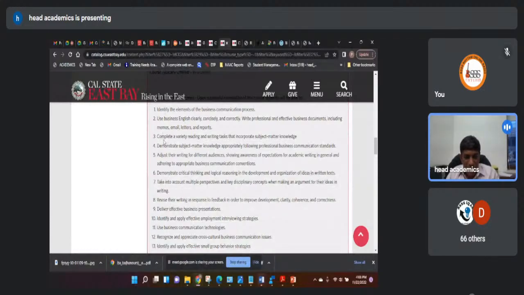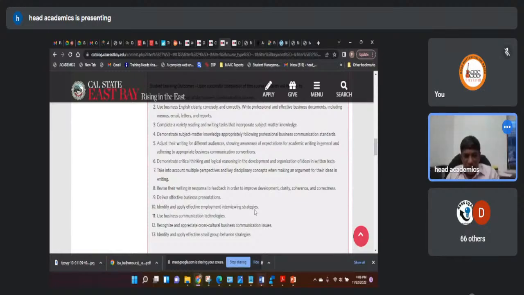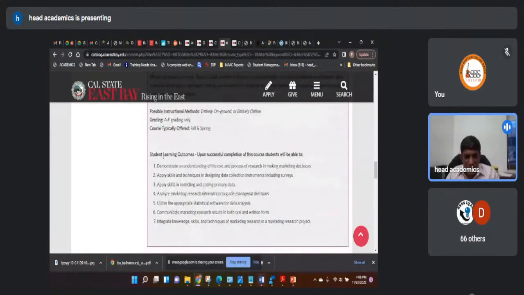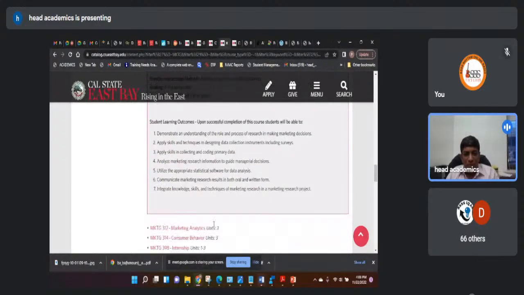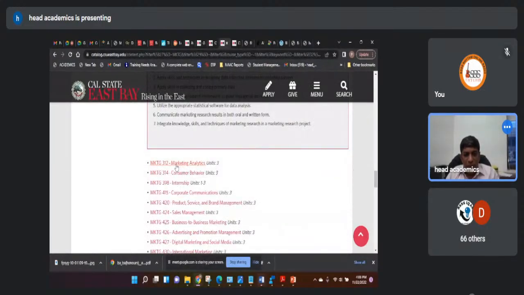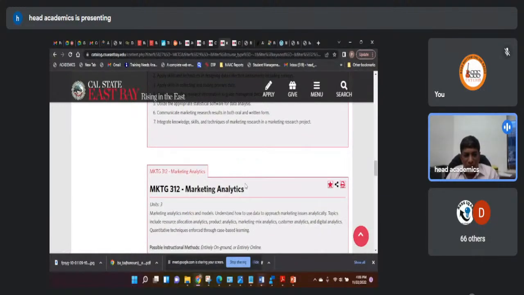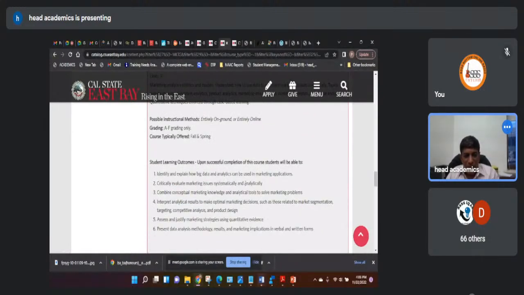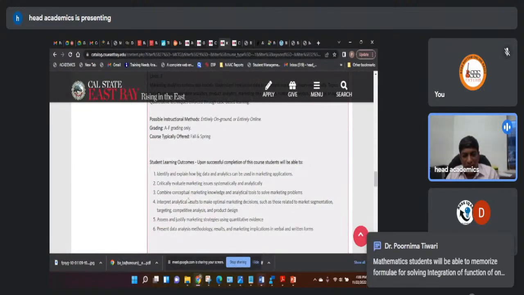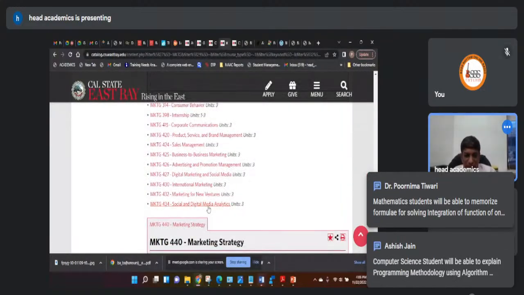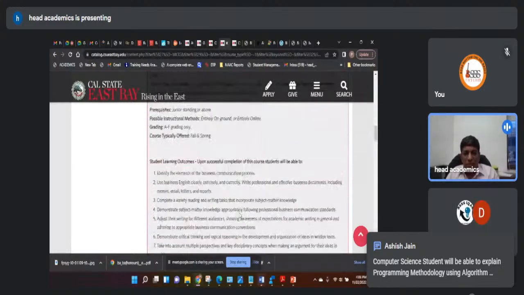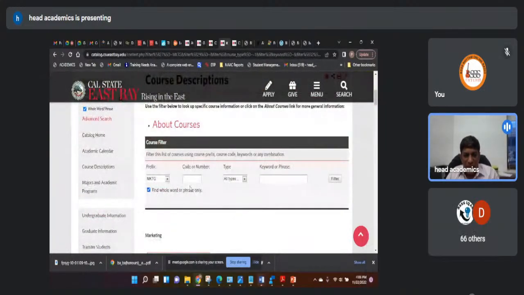Use, identify, complete, and there is a noun connected and there is a condition given. So take marketing research as a course. You can take a look at this and see all the action verbs are used. For every course, I've shortlisted marketing courses, but for every course there are some outcomes given. Assess and identify, justify, present data, interpret analytically, combine conceptual marketing, critically evaluate, identify. Okay.